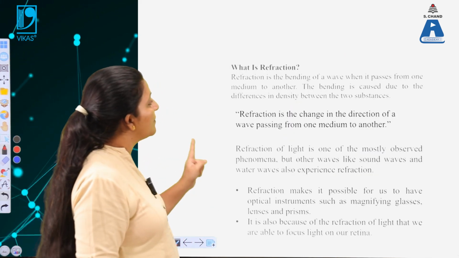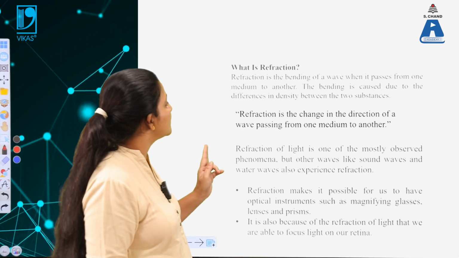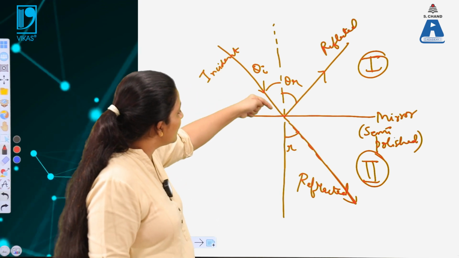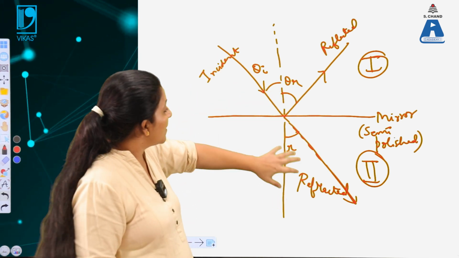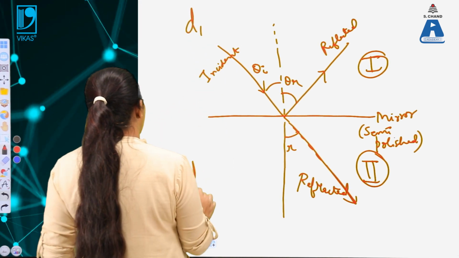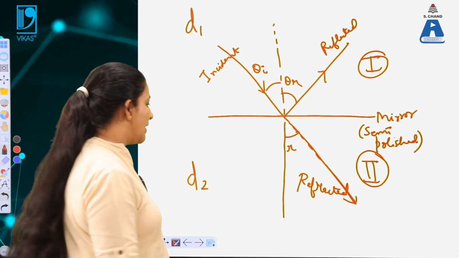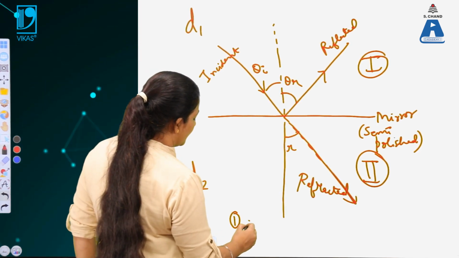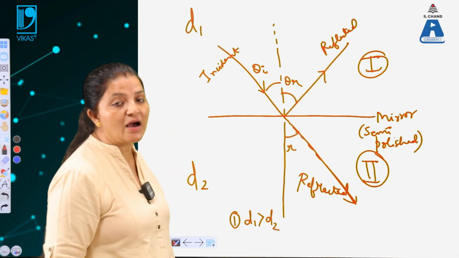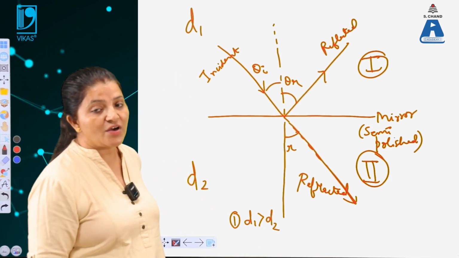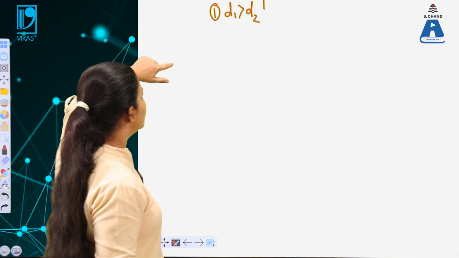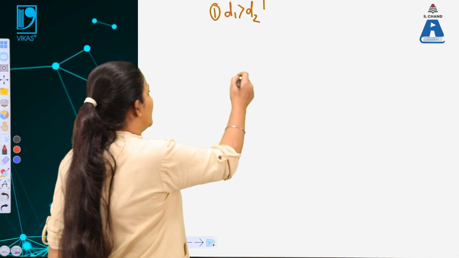So refraction is the bending of a wave when it passes from one media to another media. That means this wave will get bent along the normal. Now the density of the first medium is D1 and the density of the second medium is D2. Now what will happen if D1 is more than D2? That means the density of the first media is higher than the density of the other media. Then what will happen here? So in the first case, when D1 is more than D2,